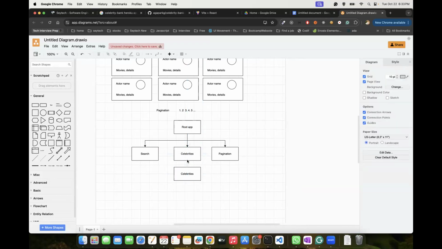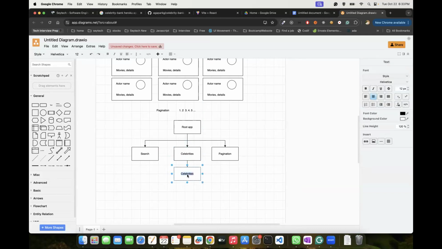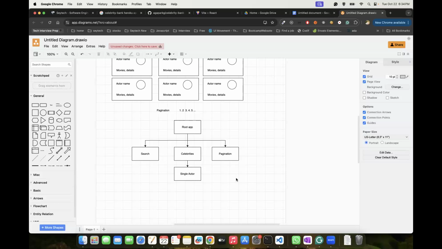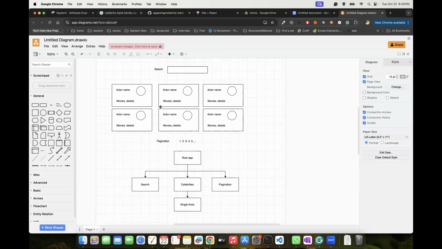We will have, what is it? Let's say single actor. Okay. Module. Yeah. So technically that would be like single actor. Because when you click, that opens, but a module is more like how you open it, how you show data, right? But if you guys see something like this, we have